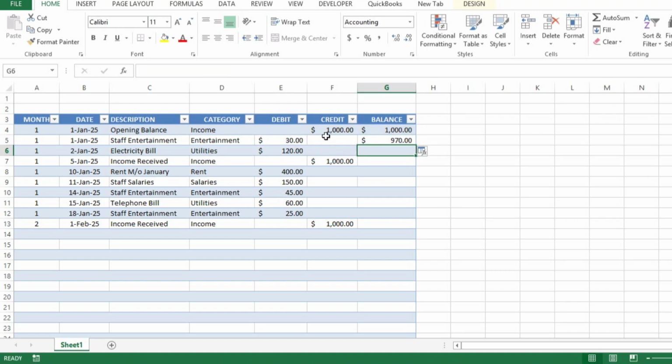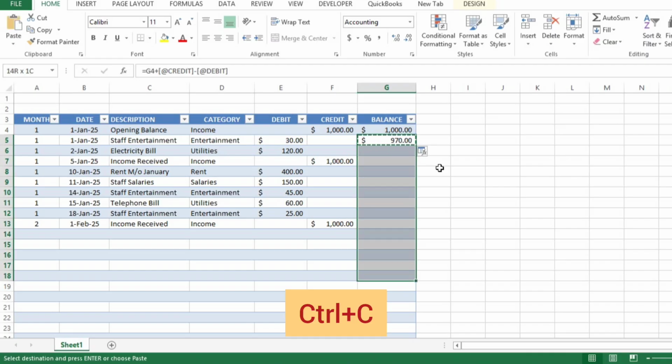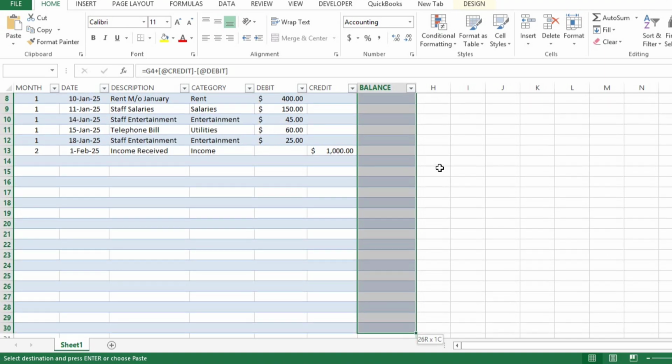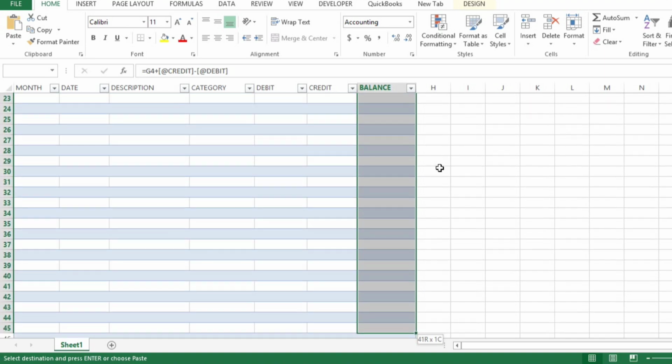राइट। तो इस 1000 से ये 30 माइनस होके यहाँ 970 हमारा बैलेंस आ गया। ये फॉर्मूला पिछले बैलेंस को लेता है, उसमें इनकम ऐड करता है और एक्सपेंस माइनस करता है। इस तरह हर रो का रनिंग बैलेंस कैलकुलेट होता रहेगा। फिर इस फॉर्मूला को कॉपी करके Ctrl+C और पूरे बैलेंस वाले कॉलम में आप पेस्ट कर दें, एक्सेप्ट अपने ओपनिंग बैलेंस वाले सेल में,